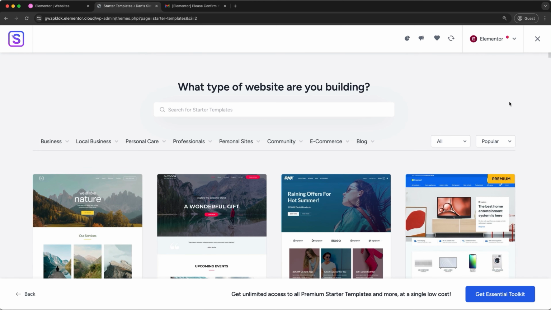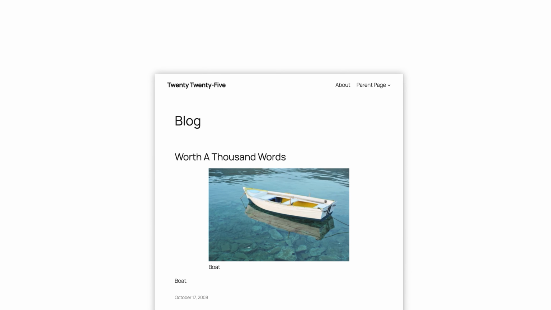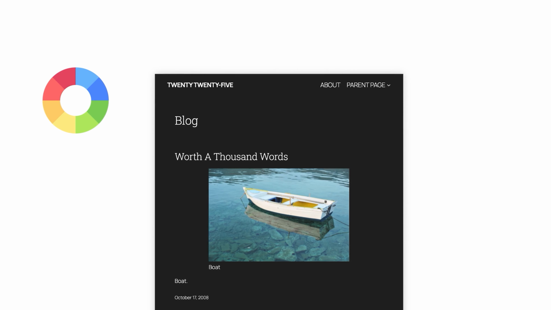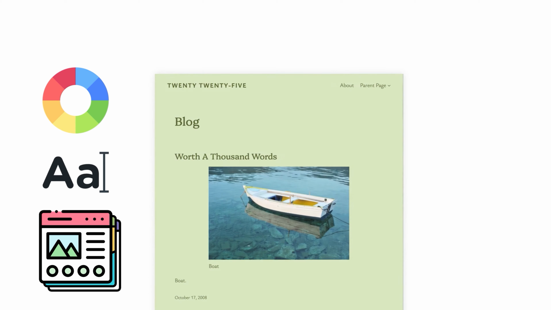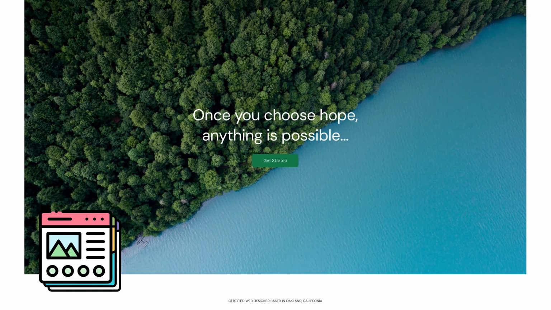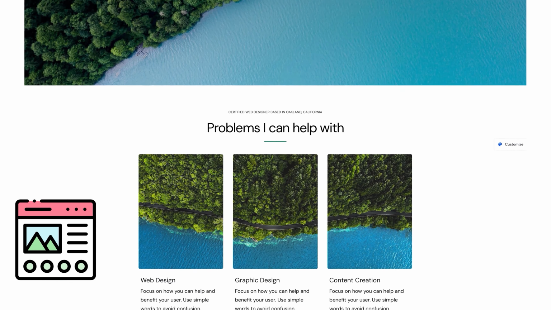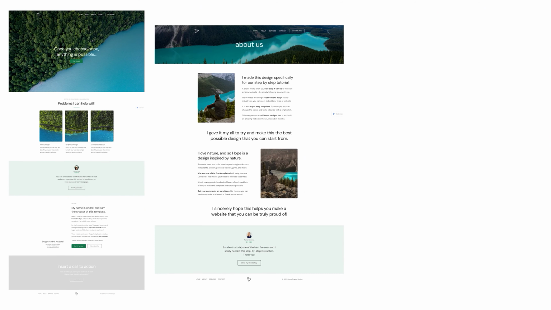And now we need to choose our template. Templates are different from themes, which we already chose earlier when we installed Astra. That theme controls the overall look of the entire website, including colors, fonts, and the layout for all pages. A template, however, only controls the layout of one specific page, such as a home page, about page, or a